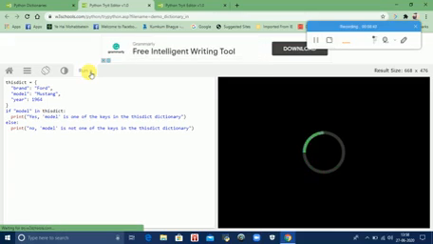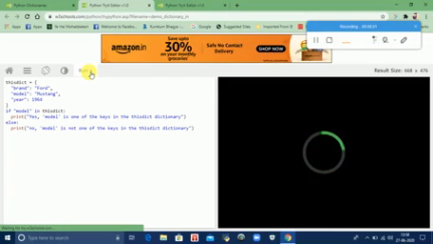The output will be the same because model is one of the keys in the dictionary.